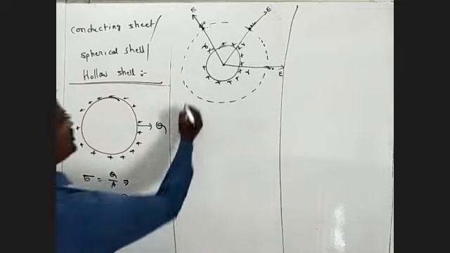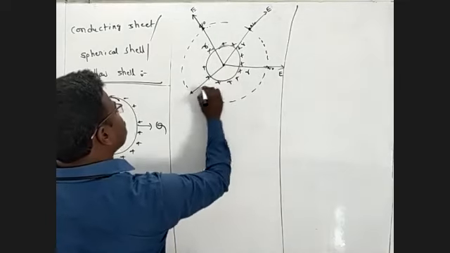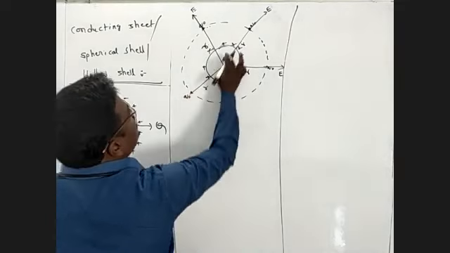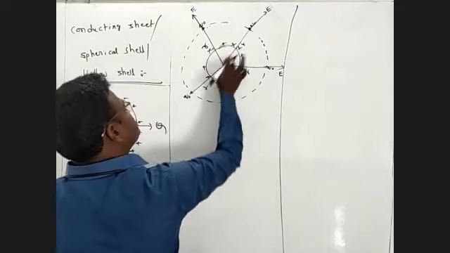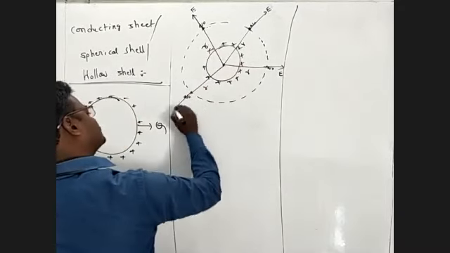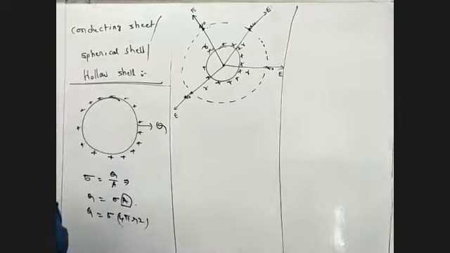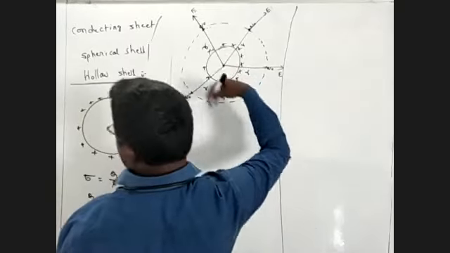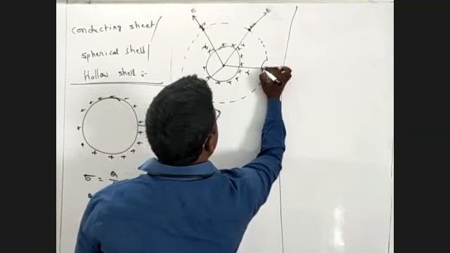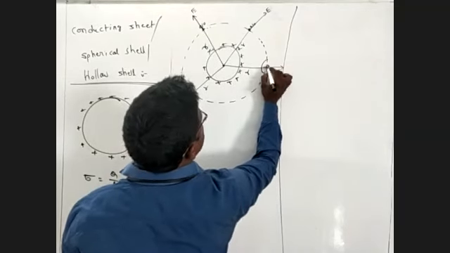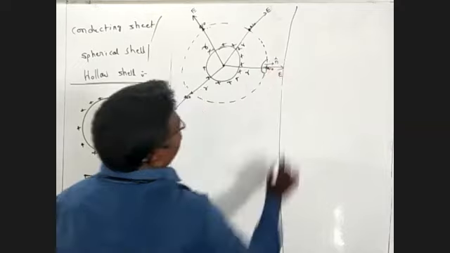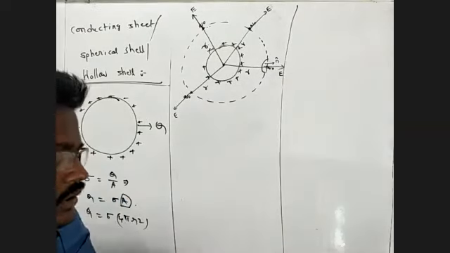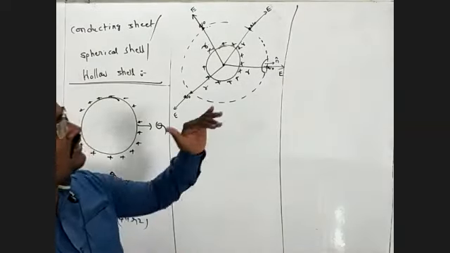Suppose at this point, from here to here is the distance, this is Q naught. This ring having capital Q will repel this Q naught in this direction. This is the direction of the electric field. So now the Gaussian surface is spherical. This is a small area. The area vector is in the outward direction, that is, the normal or area vector is outward.